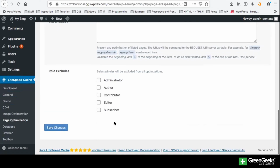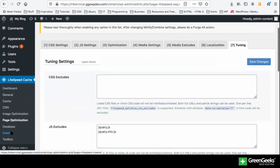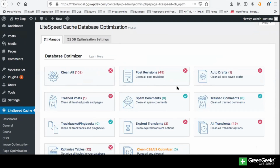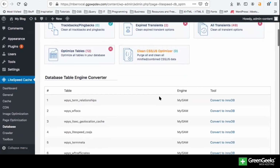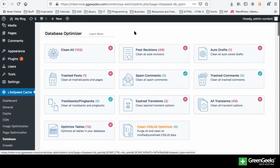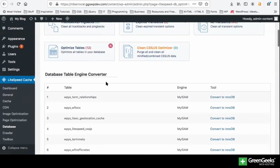Okay. So yeah, this plugin is really, really cool. But the thing that I haven't done yet, let's go to database over here. This is also a really, really cool setting. We're going to run this tool in a bit because I want to give you guys the laydown of the database from a technical perspective. So I don't want to play with these settings yet. We're going to get there. But wow, this thing is really, really cool. I absolutely like it